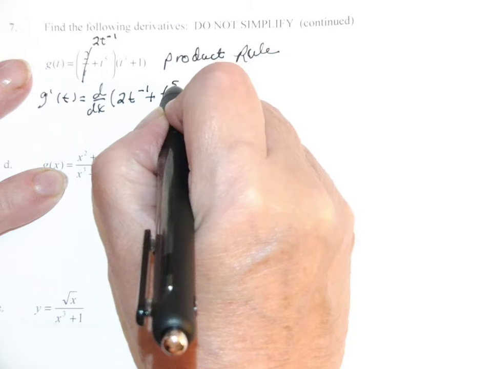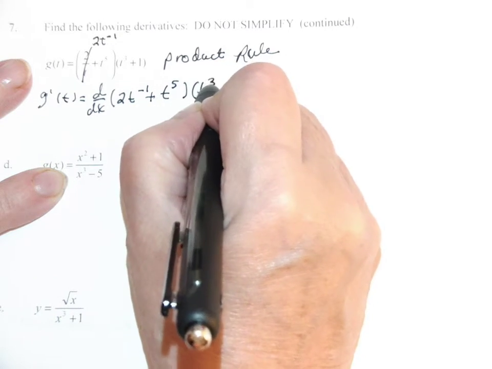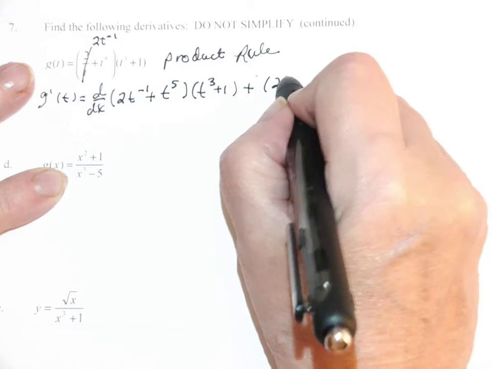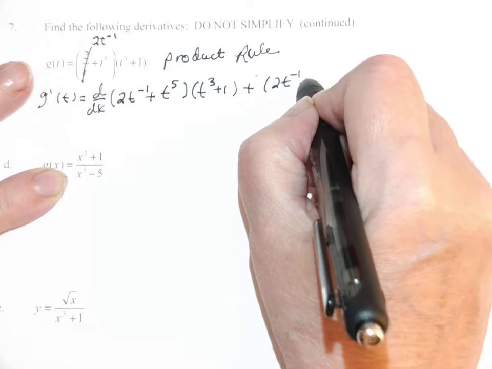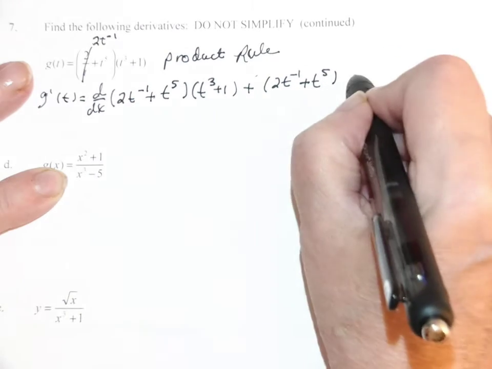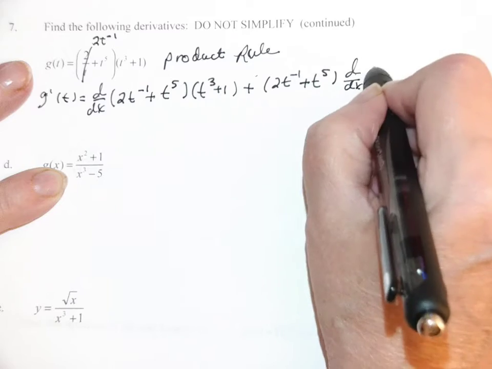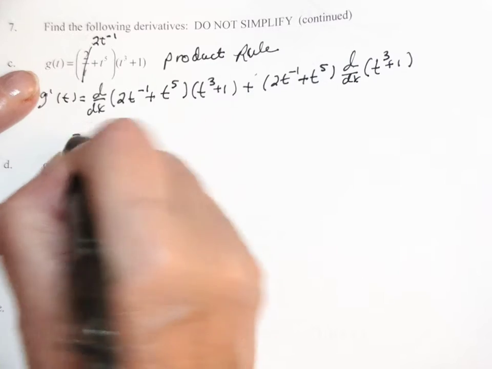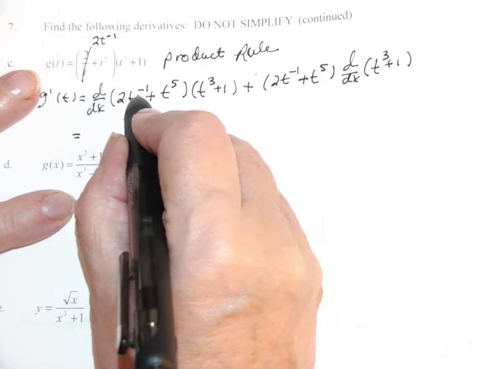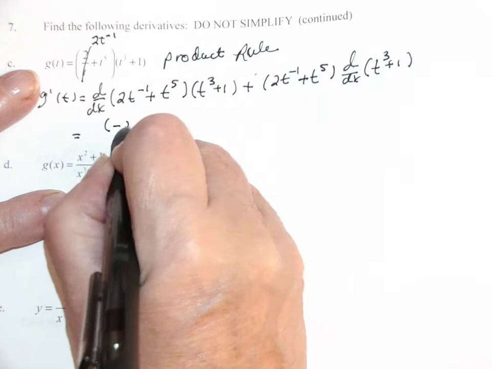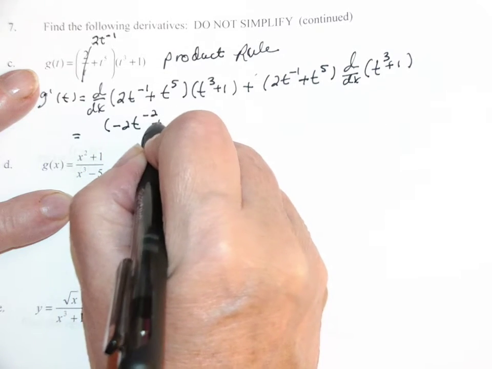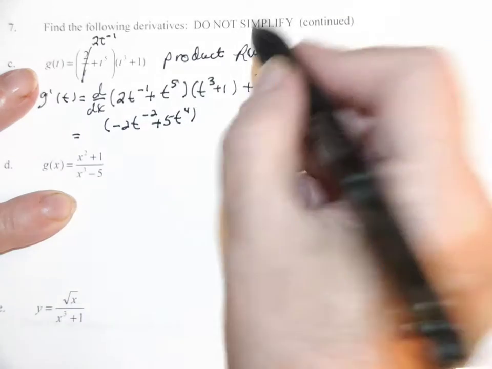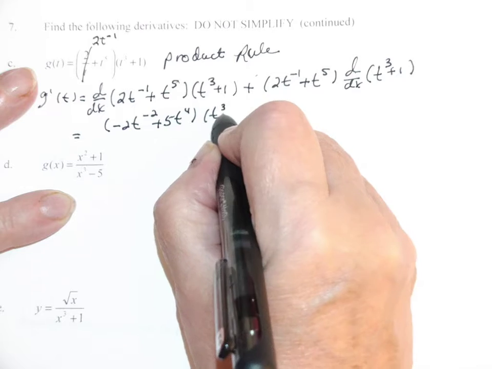plus t to the fifth times the second, t cubed plus 1, plus the first, 2t to the minus 1, plus t to the fifth times the derivative of the second, which is t cubed plus 1. The derivative of 2t to the minus 1 is minus 2t to the minus 2 plus the derivative of t to the fifth is 5t to the fourth, and then times t cubed plus 1,